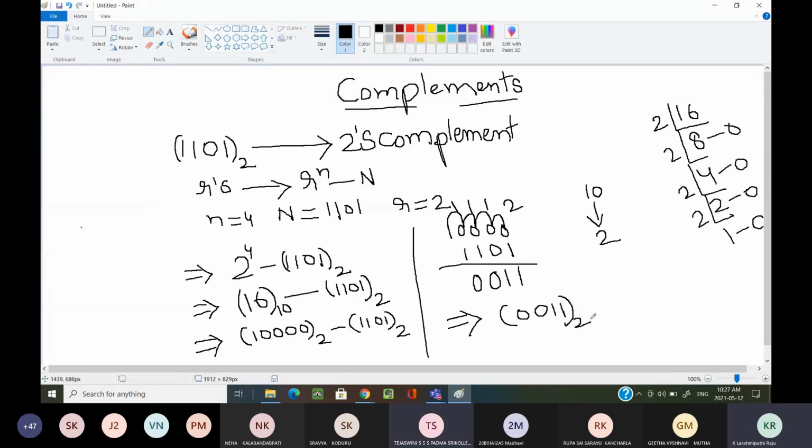Sir, in the first binary number, the first bit is 1, no, sir? Then we take a borrow from that and it becomes 0. That is the reason here the answer bit is already 0. I have not written any fifth bit here, I have written only 4 bits. 2 minus 1 is 1, 1 minus 0 is 1, 1 minus 1 is 0, 1 minus 1 is 0. No need to write that 0 here.